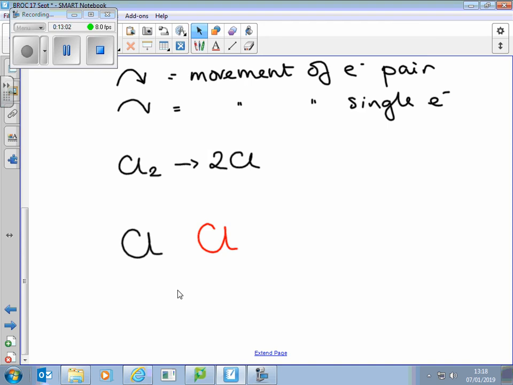I'm not going to do them as dots and crosses, we'll just do them all as dots because I've got them in different colours. Right, here's one of our chlorines, the same way around as this. There's its 7 electrons. So I'm doing it Lewis structure style. And the other one,